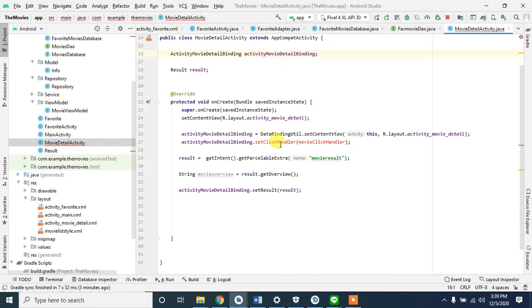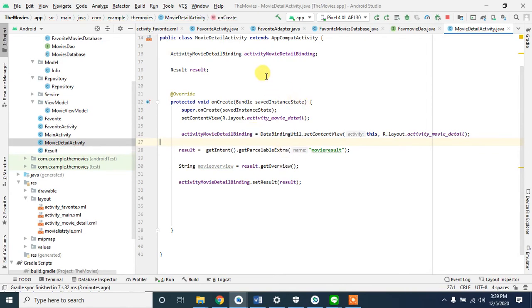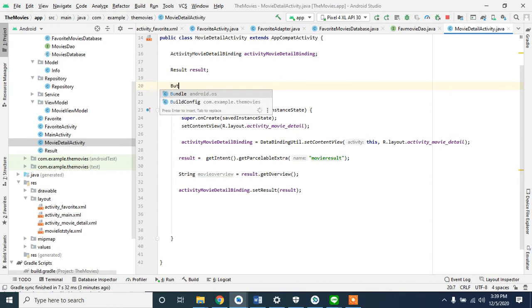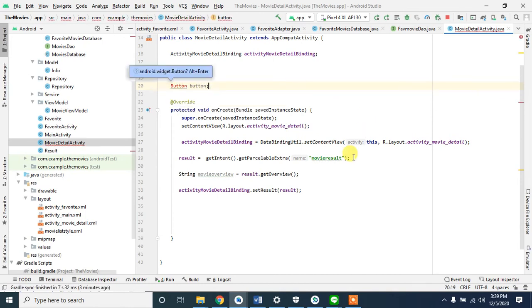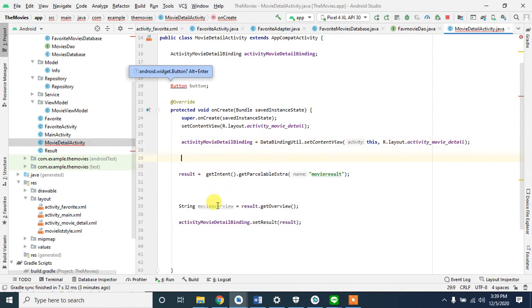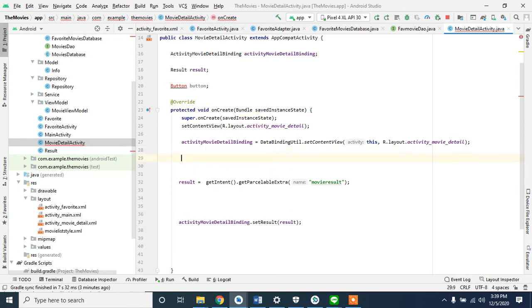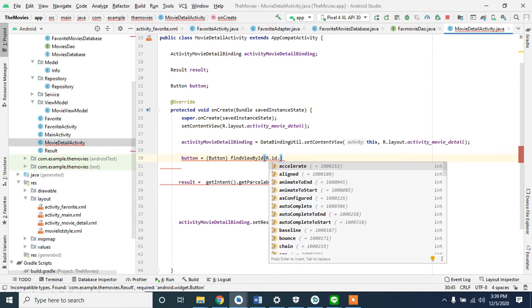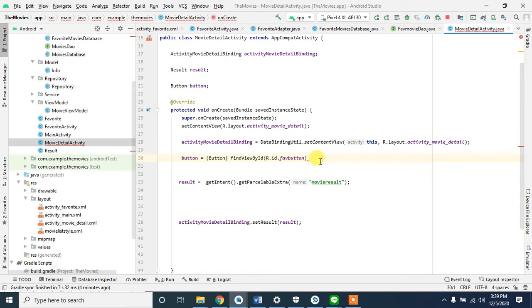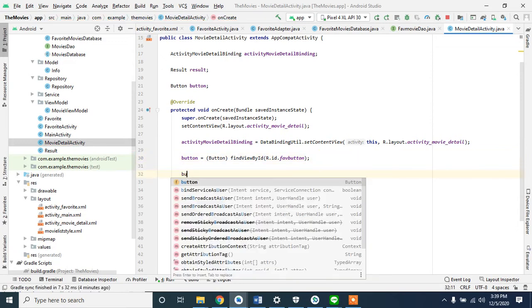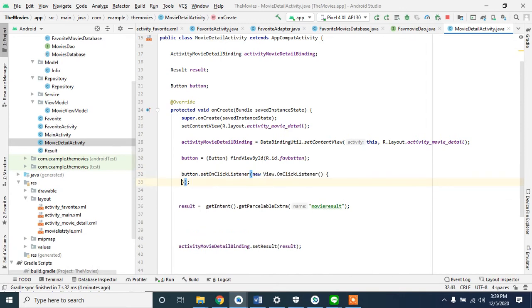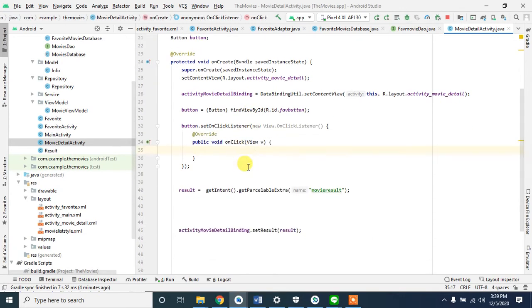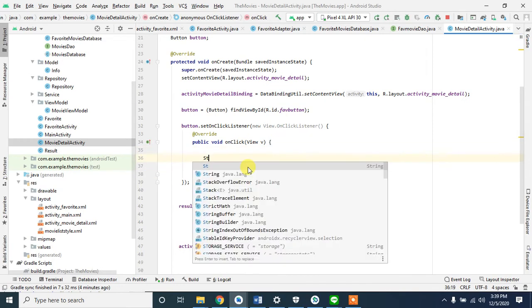let's just go in here and button, button, find view by ID, fave button. Okay, let's add an on click listener to it, and what we'll do here is take some variables,